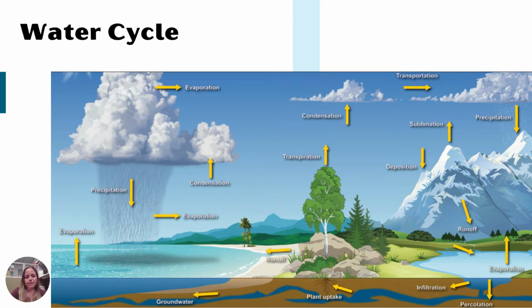So we have some basics here, right? We have evaporation, we have condensation, and then precipitation. Most of us kind of know all of those basics. But once the precipitation hits the ground, that's where we want to figure out how we can capture it. Is it going to run off? Is it going to infiltrate? Is it going to run off into the ocean? What is going to happen to it? And so at the end of this PowerPoint, we will talk about infiltration and what we can do to help things infiltrate better so that we replenish our groundwater and we actually use that storage instead of just continuously depleting it.